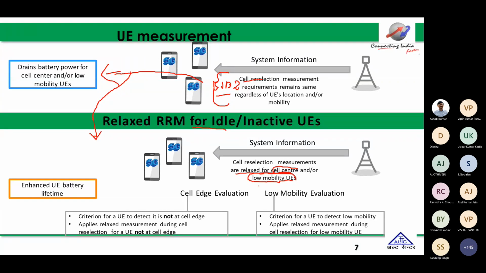And how do they evaluate whether the user is idle or mobile, at the cell edge or at the cell center? It is based on some criteria, based on some threshold of